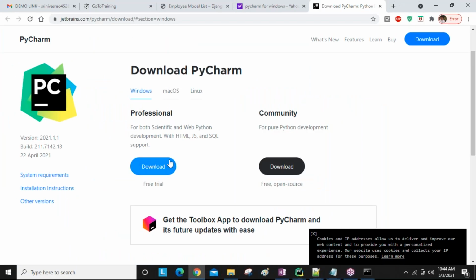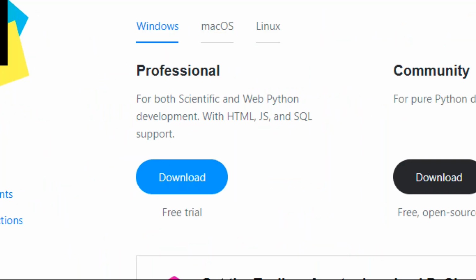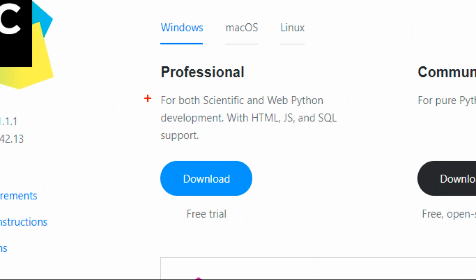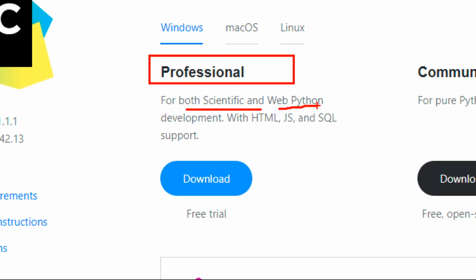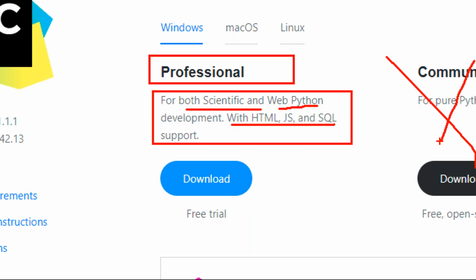So now we are learning Django, guys. Right now we are going to do Django projects. So if you are going to do Django projects, you need the Professional version. Using this Professional version, we can do scientific applications and web applications with HTML, JavaScript, and database, all together. But using the Community version, web development is not possible.